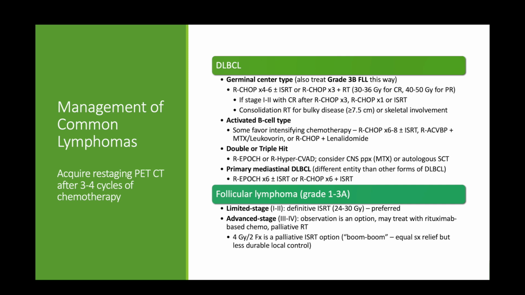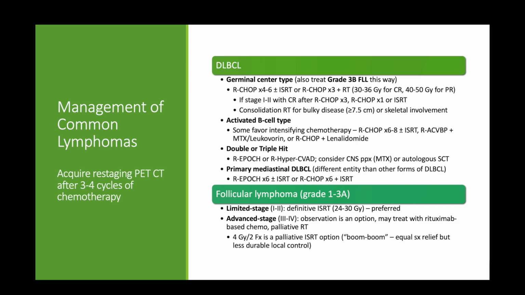And we'll talk more in the next lecture on the 4 gray and 2 fraction palliative approach. Oftentimes this is called boom boom. So 2 gray times 2 or 4 gray and 2 fractions, boom boom. It has been shown in studies to provide equal symptomatic relief. It just provides less durable local control. It is a pretty effective therapy, though, if you're treating something like orbital lymphoma. It really spares toxicity, causing essentially no toxicity. And if patients fail after 4 gray times 2 for something like orbital lymphoma, we can always come back and